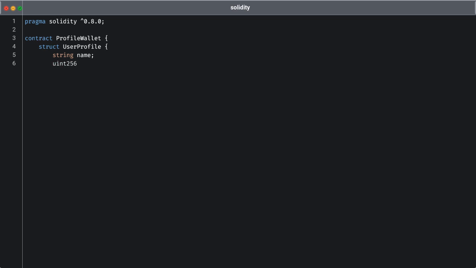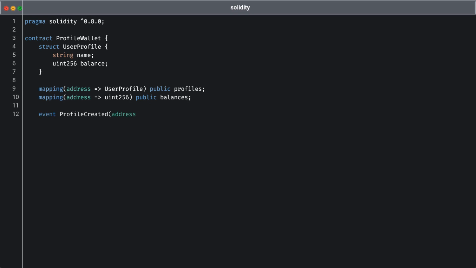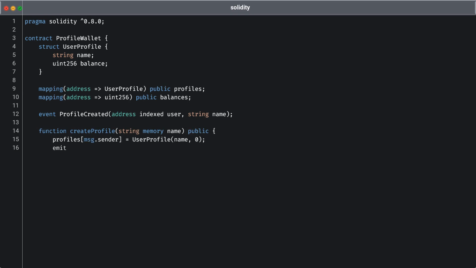Now let's take a look at how we can implement a user profile system within our wallet using structs in Solidity. In this contract, we define a user profile struct with two properties: name, which is a string for the user's name, and balance, a uint256 to represent the user's balance. We use a mapping to associate each Ethereum address with its corresponding user profile, allowing us to store and retrieve